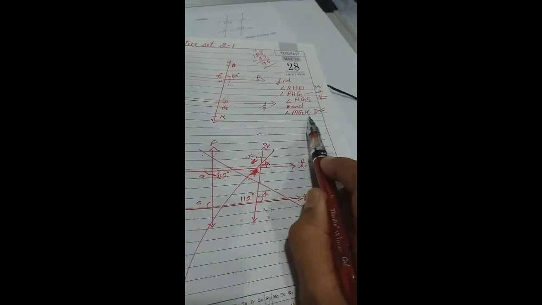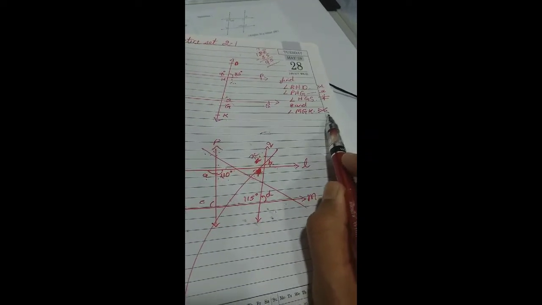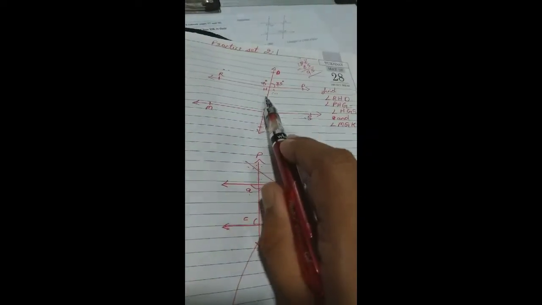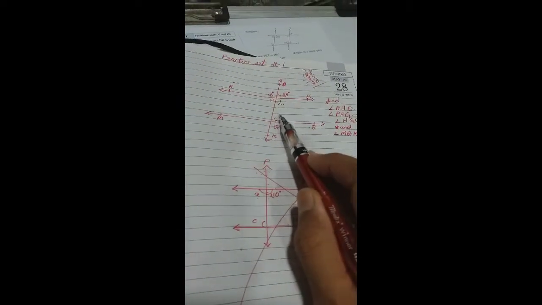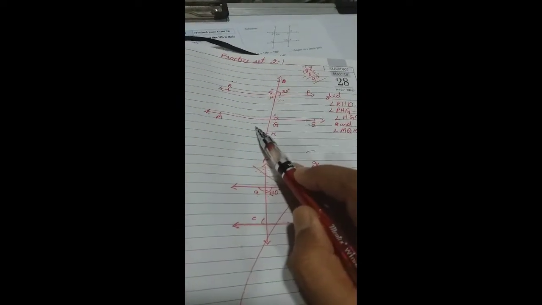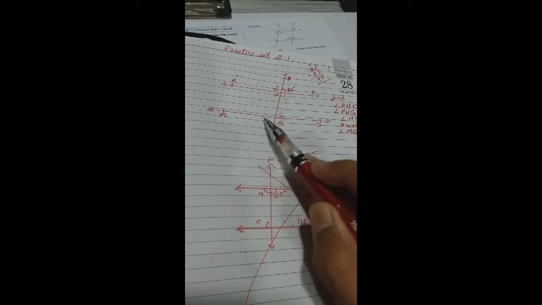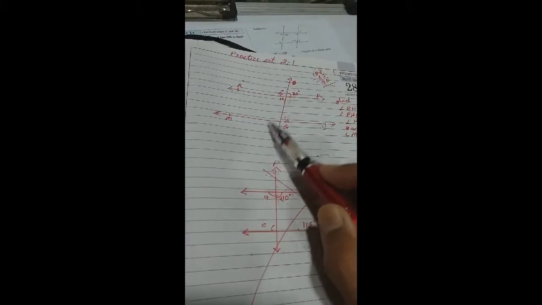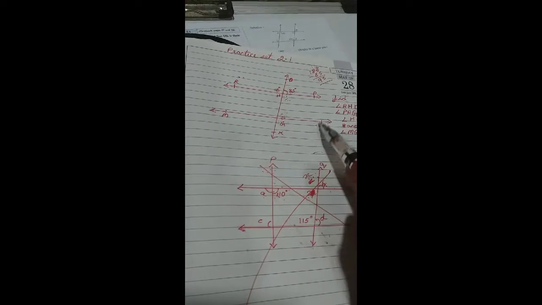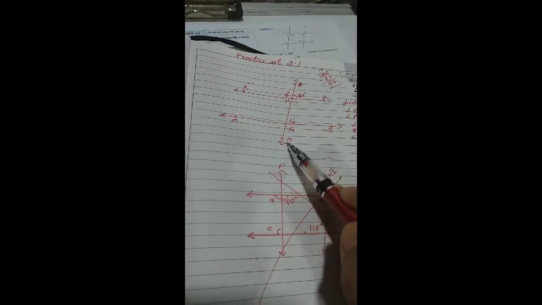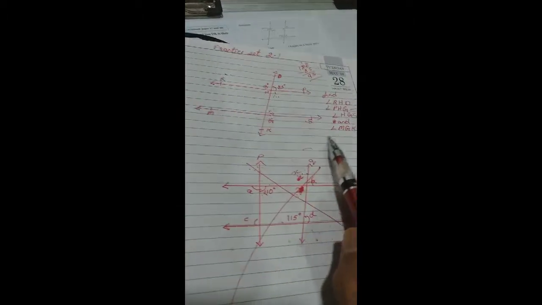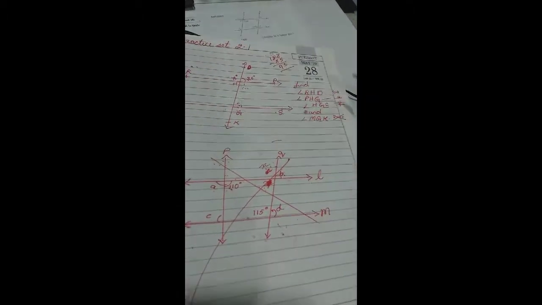If this is 85, the last problem is MGK. MGK again is a vertically opposite angle. Now we have to find MGK. We already have this 85 degrees. If this is 85, this will again be 85 degrees. Why? Because these are vertically opposite angles. So we write angle HGS is equal to angle MGK. In brackets, reason: vertically opposite angle. Okay, let's see.